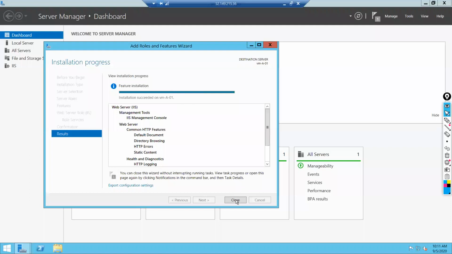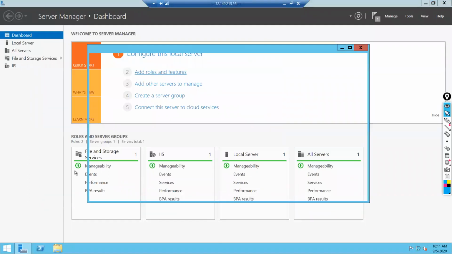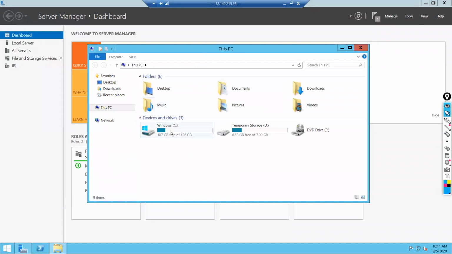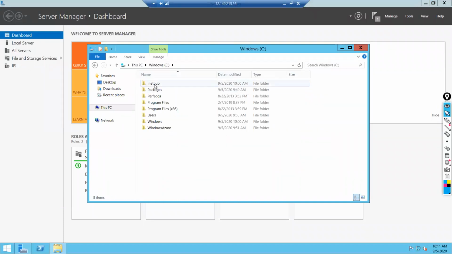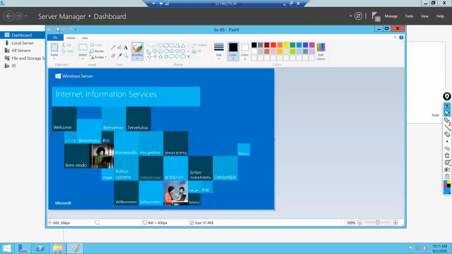See, IIS is installed. So what I want to do, let me go into these folders. This one, inetpub. I just want to add this image. I just need to write something. VM01.